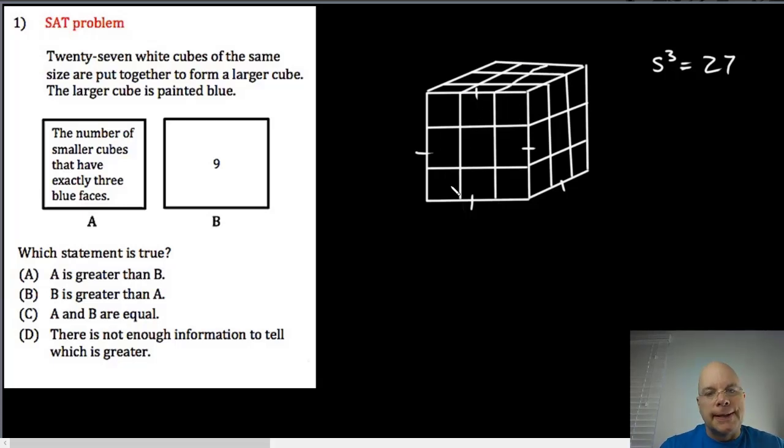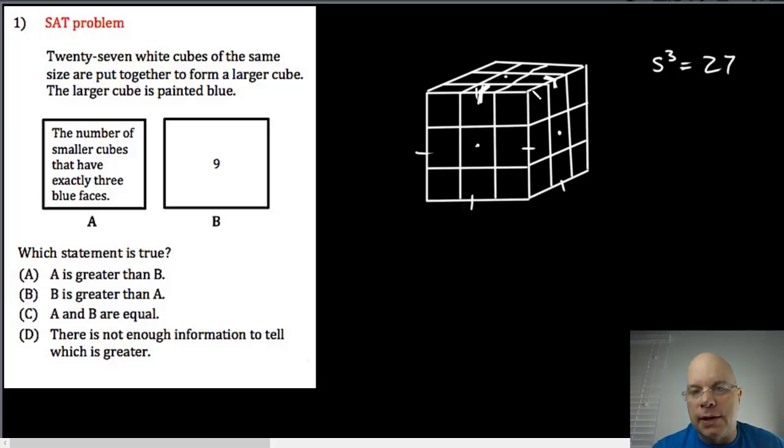Okay, so these are the 27 individual white cubes, and then the whole thing is painted blue. The number of smaller cubes that have exactly 3 blue faces, you have to think about the different positions for these smaller cubes. The cubes that are in this center position will definitely not have 3 blue faces when it's dipped in blue paint, because only one face is exposed. These cubes that are on the edges here would have 2 blue faces like this, but the cubes that are in the corners,